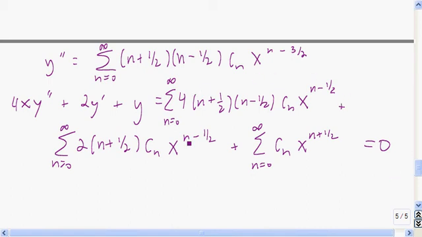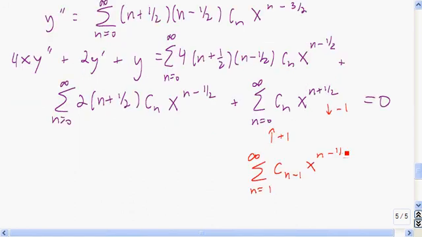So we should get these powers of n all to be the same. Okay, so let's maybe just, it'll be a little bit easier if we just take this one and make it x to the power of n minus a half to match these two. So we'll decrease the value of n by 1 in each of these, and then we have to increase it by 1 in the starting point here. So now we see that this starts at 1, so now we have the same power of x in all of them,